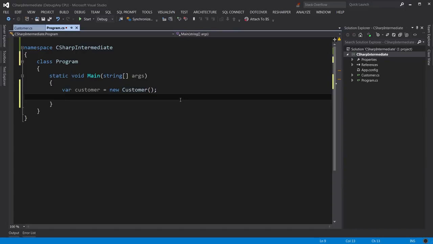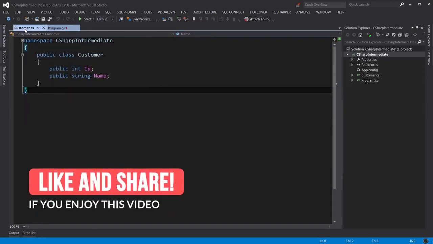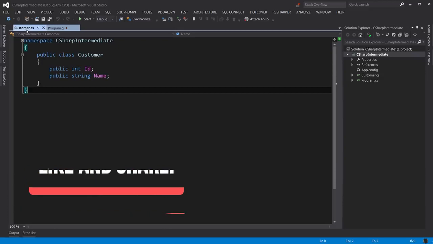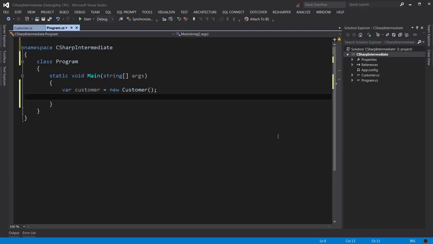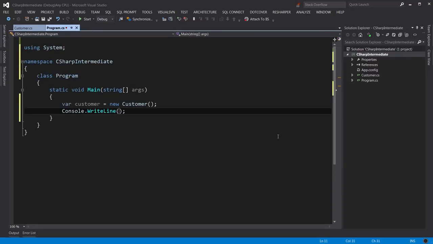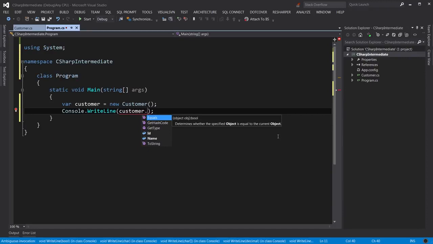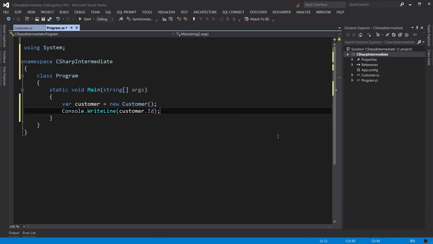All right, now I want to show you the effect of the default constructor that the C# compiler creates for us. Note that here in the customer class, I did not create a constructor. But I told you earlier in the slides that the C# compiler creates one for us. So let's see what happens. Let's display the fields of this customer class on the console. So Console.WriteLine, customer.id, and Console.WriteLine, customer.name. Note that the way I typed Console.WriteLine was via what we call a code snippet, which is